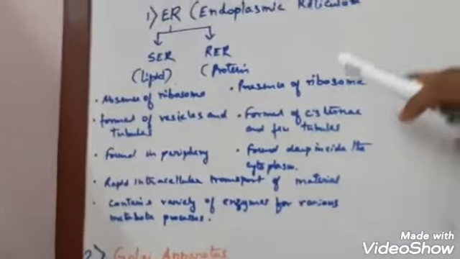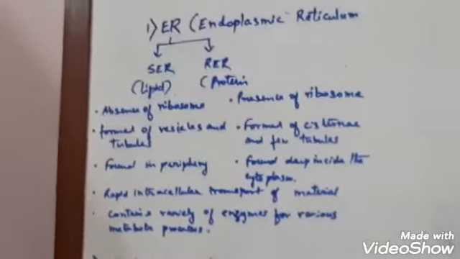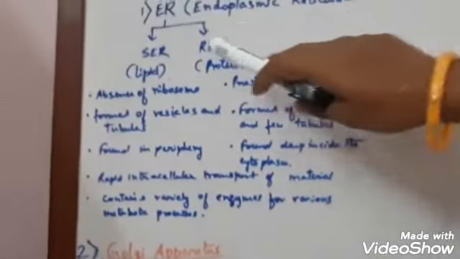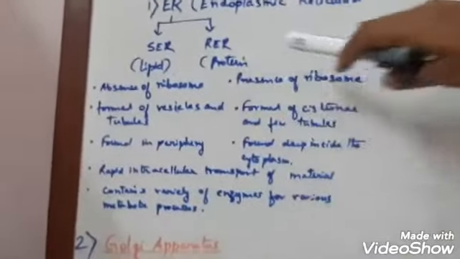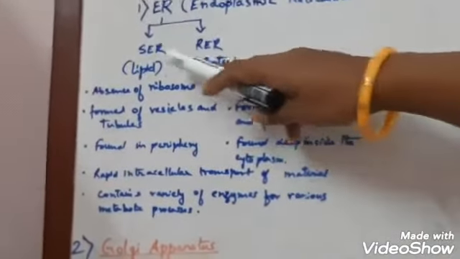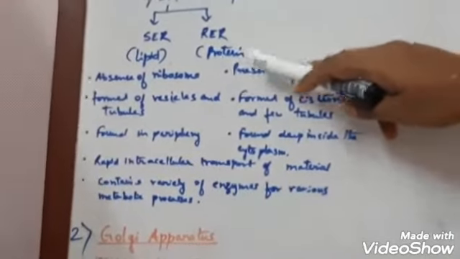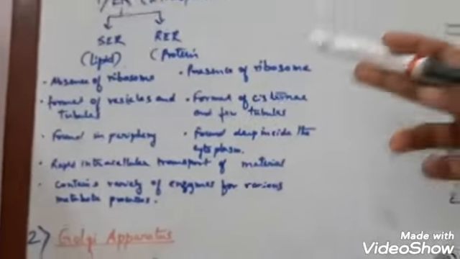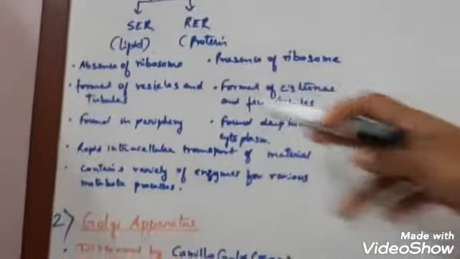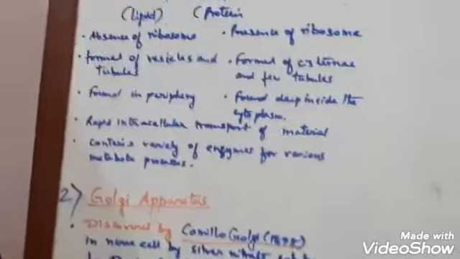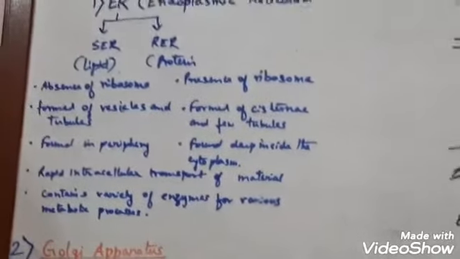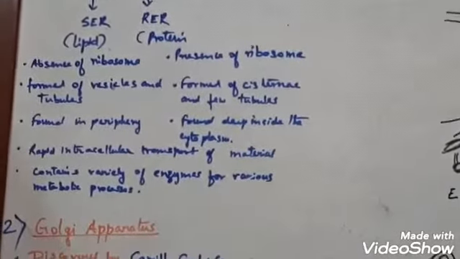Endoplasmic reticulums are generally found near the nuclear membrane. They are divided into two types, SER and RER. S means smooth endoplasmic reticulum, while RER stands for rough endoplasmic reticulum. Why are they named smooth and rough? Smooth is because of the absence of ribosomes over it, and rough means it gives a rough appearance, as ribosomes are adhered on the surface.